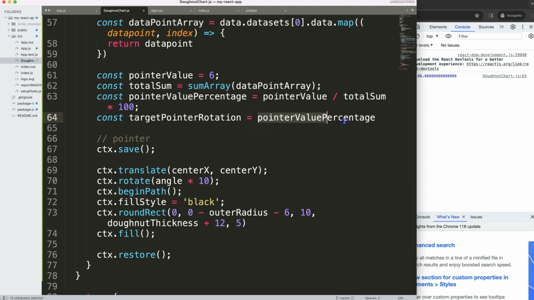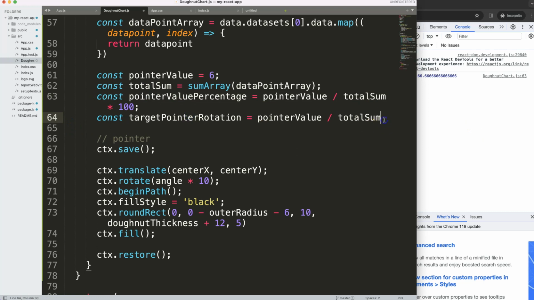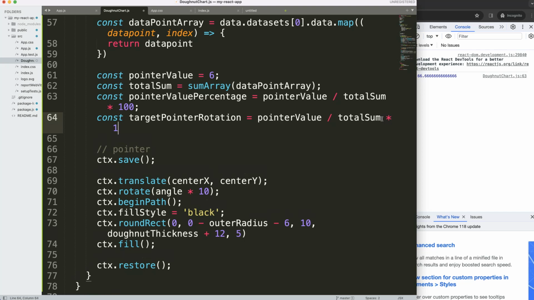So now we have this pointer value in percentage. What I want to do with that is, let me double check. And then I realize that this should not be like that, sorry. So what we need to do is get the value of 6, because we want to get the rotation of the percentage for that one, and then divide by that. Later on we can just put a text in here, I guess that can be another item. But here I need to calculate the balance based on 180 degrees. So once I did that, I copy this and put it into what the angle is,